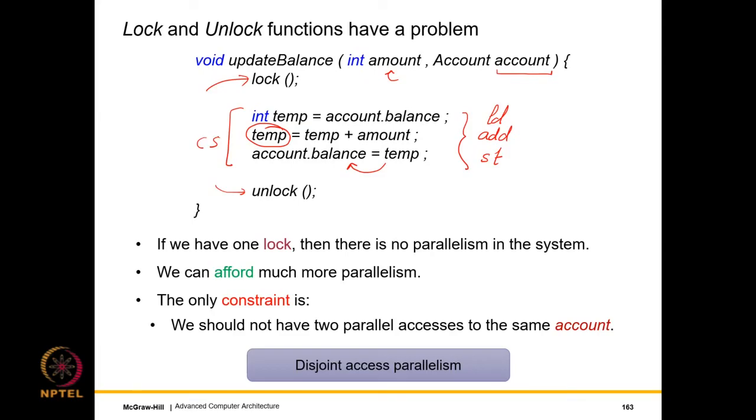Or let's say that in a more complex scenario, if two accounts are linked, then it may be necessary to lock all the accounts before a single transaction is allowed. But most often, this is not the case. That's the reason when two accounts are disjoint, which means that there is no relationship between them, we should be able to update the accounts in parallel. This is known as disjoint access parallelism. So disjoint access parallelism will give us the parallelism that we seek. In this case, it is just that with a single lock and unlock function, we are not getting it.